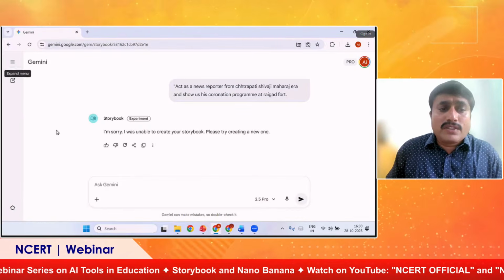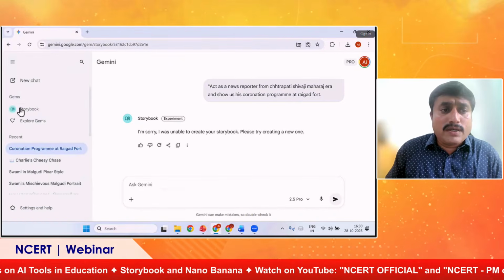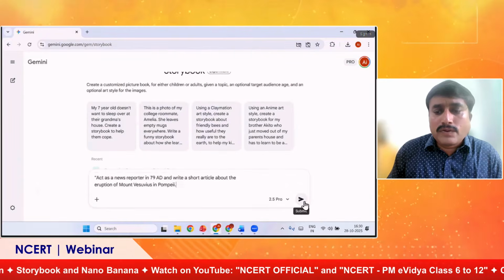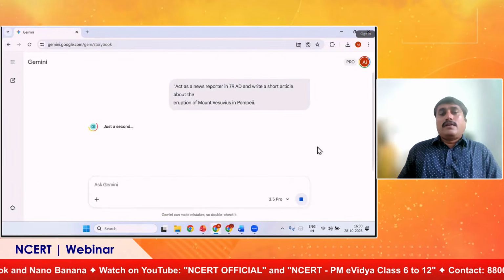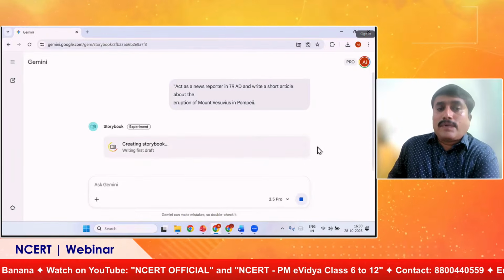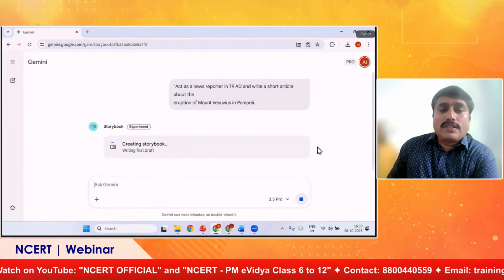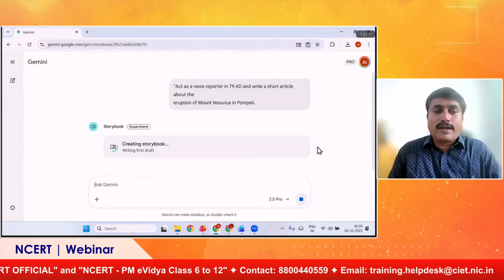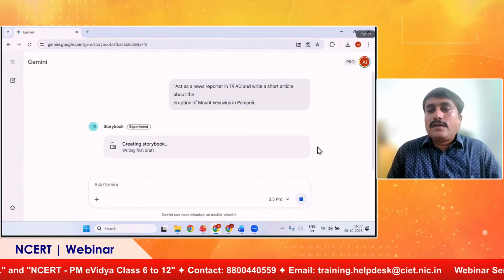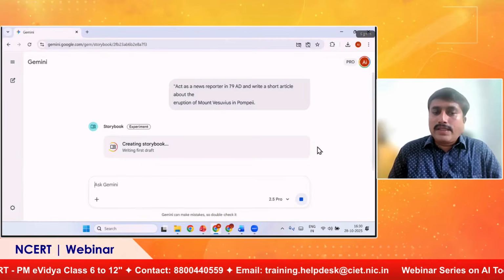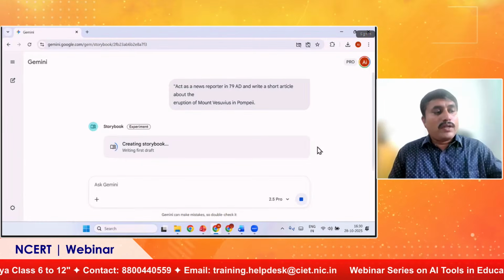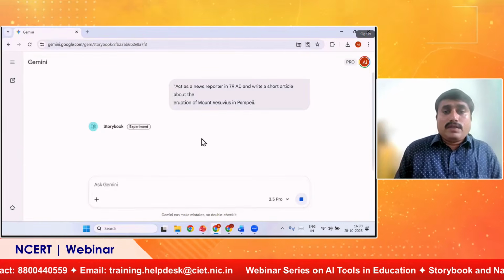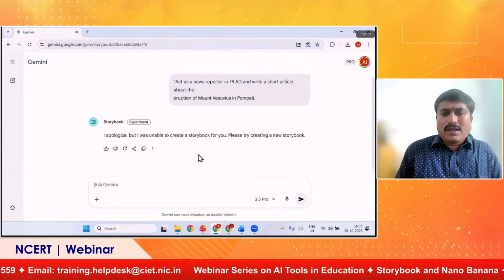Okay, so the same prompt which we have used previously, that we will generate. For example, it will generate the coronation, that particular prompt which I was trying to make. But effective prompt making is also very important to generate whatever content you want to generate. So that is very important. So it is taking time, but create a story, please.